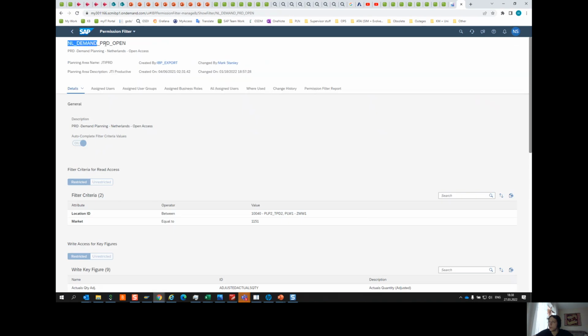Also important: permission filters with open ending are assigned manually and removed manually from the user, depending on the time period in the planning cycle. I will talk about the planning cycle a little bit later, but from a security perspective, you should know that